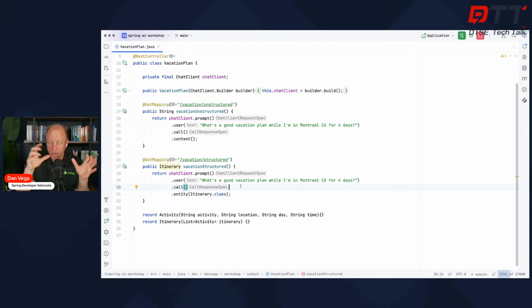And it turns out that every kind of different large language model out there or provider has a different way of dealing with structured output. So underneath the hood, Spring AI is making this very easy for you. You just pass in a type. Underneath the hood, we send this along with the user message, saying, this is the kind of output that I expect back. So if we go ahead and take a look at this example, we're going to go to